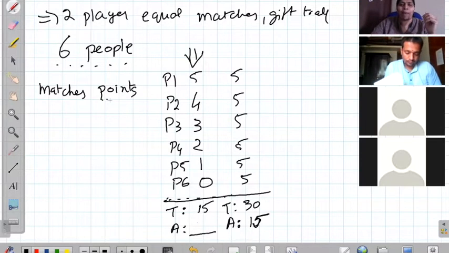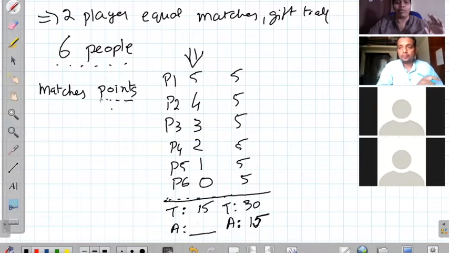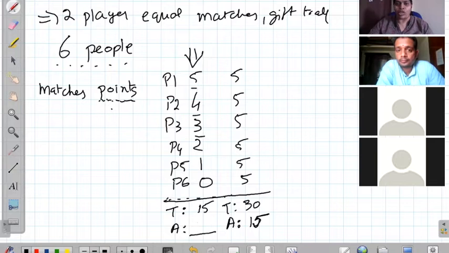For every match played, player gets 1 point. So the club has to give a gift if the number of points of two people are the same. So now I'm saying these are points 5, 4, 3, 2, 1. We have to make them all have different points.